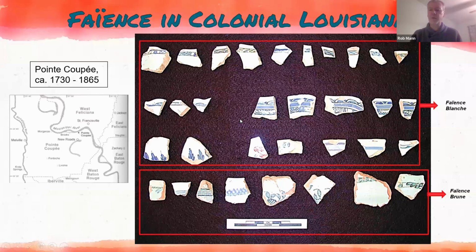So I did some work there while I was in Louisiana and recovered all of this 18th century French tin-enameled ceramics, the faience. And so in the first box up here, all of these are faience blanche, which means if you flip them over, of course, they would have the tin-enameled glaze on both sides, on the interior and the exterior. And you can see that they are classified and grouped by different rim varieties, right? So you see these different rim varieties and styles, including that Brittany blue on white right there, and some of those polychromes up here as well. And then you can see here, these are parts of that central medallion with that floral motif. And some of them are even polychrome, right? So you can see some reds and blues on some of those floral motifs in the center of those